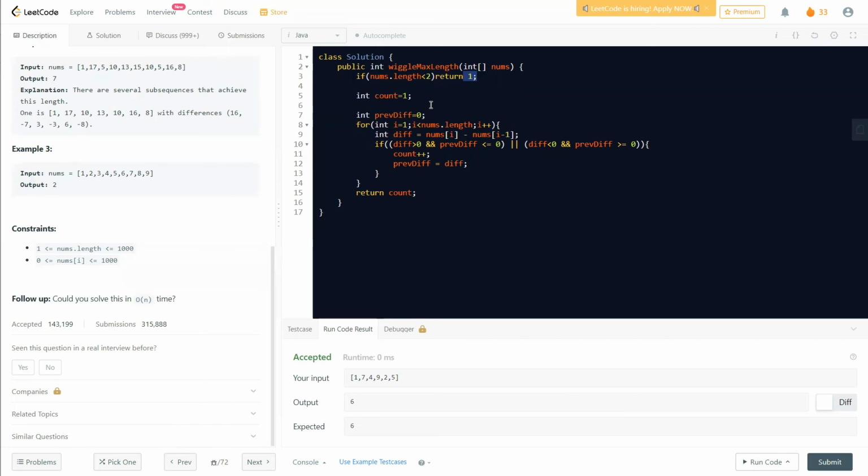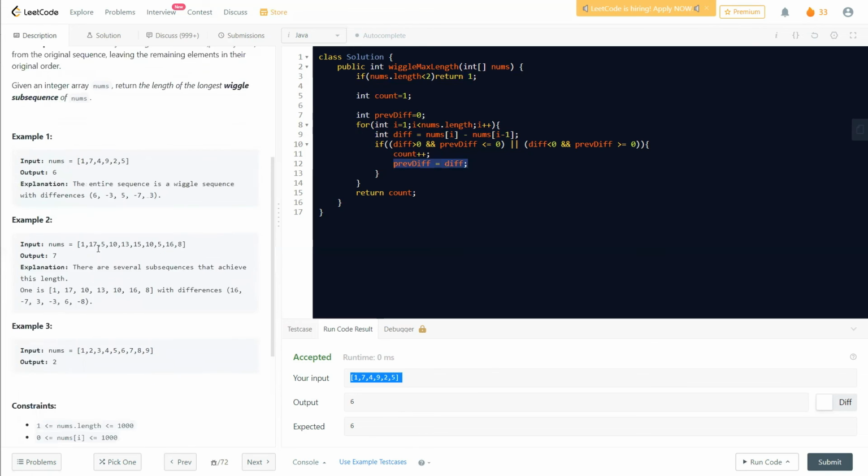We are actually not counting the number of times the difference goes up or down. Rather, we need to return the length of the subsequence we are getting. Say there are six numbers in the wiggle subsequence that we ultimately found, but the difference count will give us 5 as a return. Why is it so? Say take the example